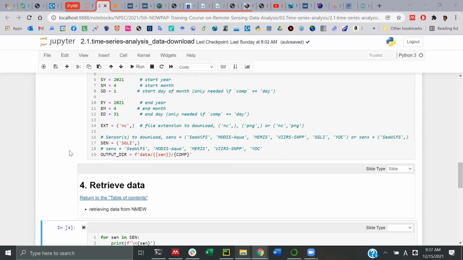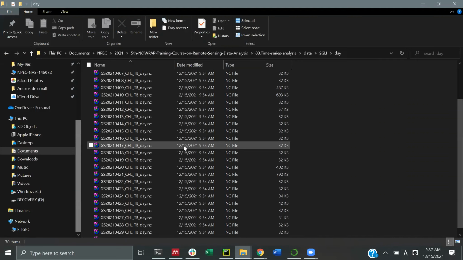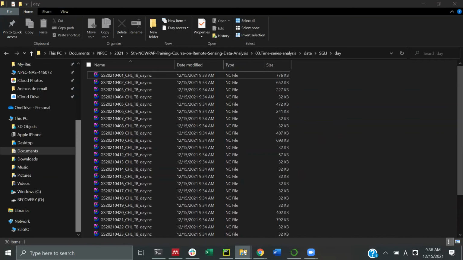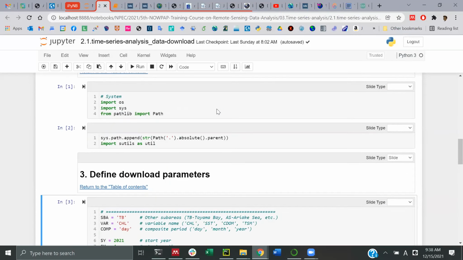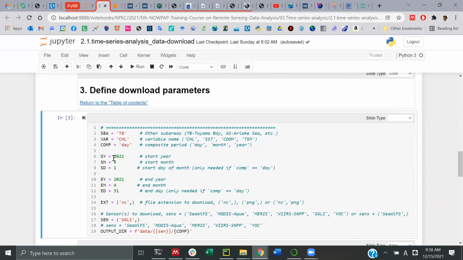Okay, if everyone is able to download the data, check that you have all the 1 month files inside your data SGLI day folder, meaning daily composite. So later on, you can try to change it. We will use this later on to demonstrate